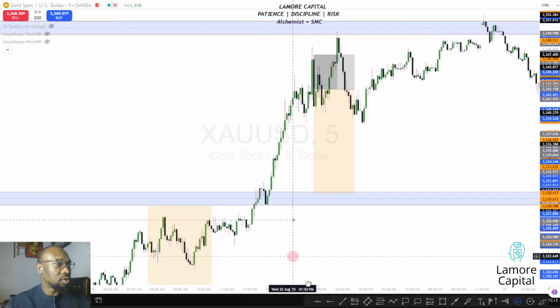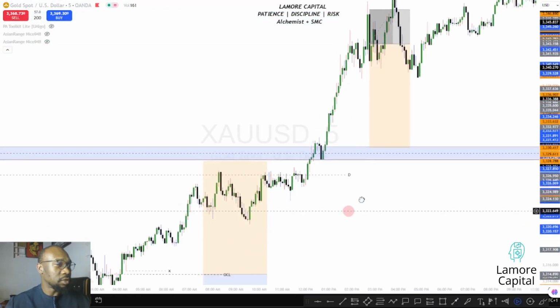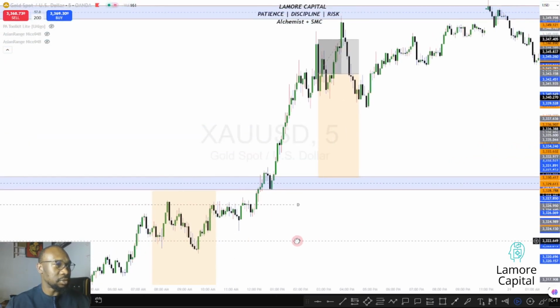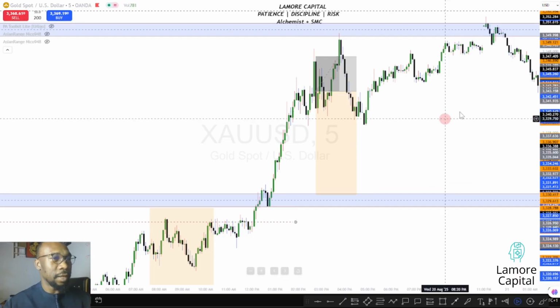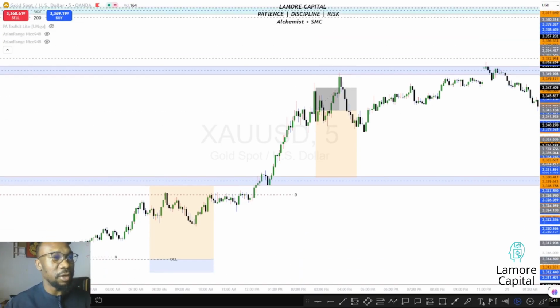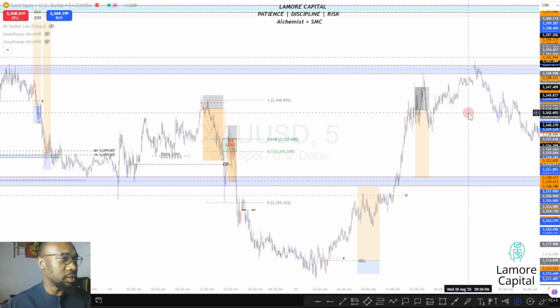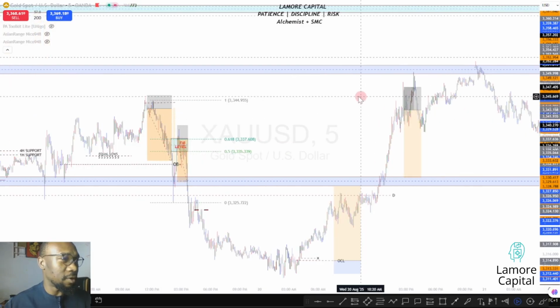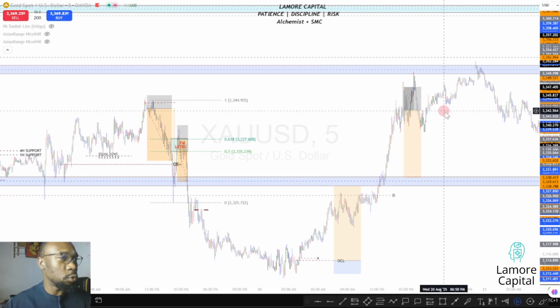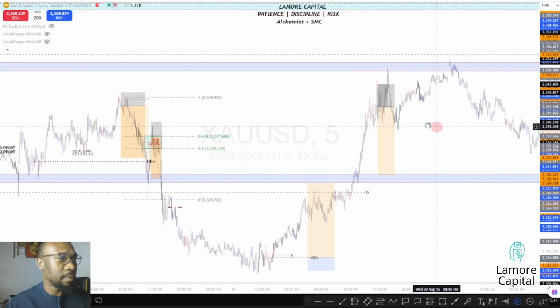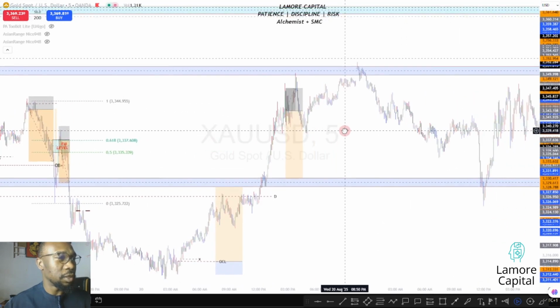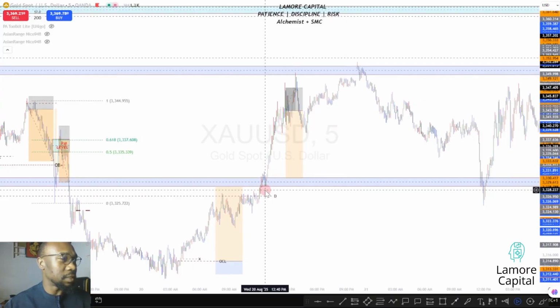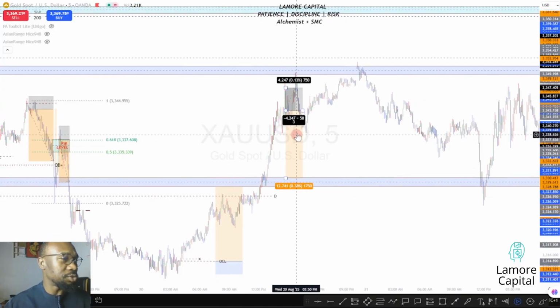And the second entry for Wednesday, it resulted to an SL. This particular trade was a 1 hour entry. It was on a 1 hour, and the market did not hold this particular trade. The market did not hold the trade, and that was how we resulted to an SL. So one missed entry, one SL for Wednesday.